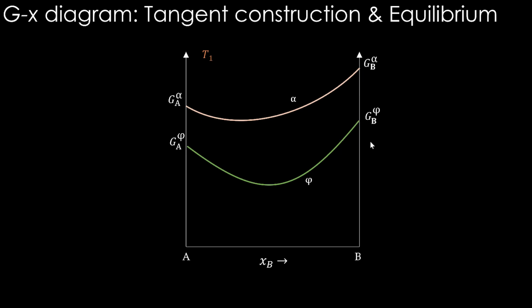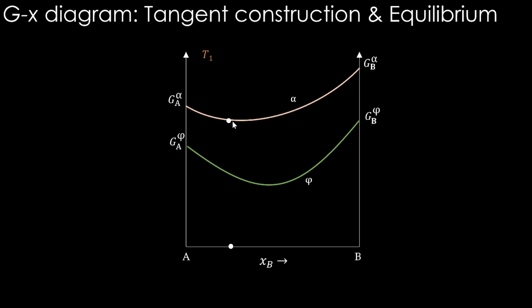We will see one important idea now, combining these things. Let's say at some temperature T1, we consider alpha and phi, these two phases have this sort of G versus X curves. And in this, we will do something called a tangent construction to understand what phases will be in equilibrium. Now, consider the same composition here. Let's say alpha is seen, will it be stable? At this composition, will alpha structured solution be stable? Just by looking at the curve, you may say phi is below alpha, so Gibbs energy of phi is below. Therefore, phi should be more stable, the lower Gibbs energy phase. That is right. In this case, it is quite straightforward.